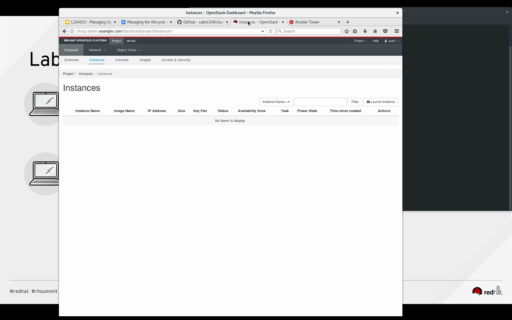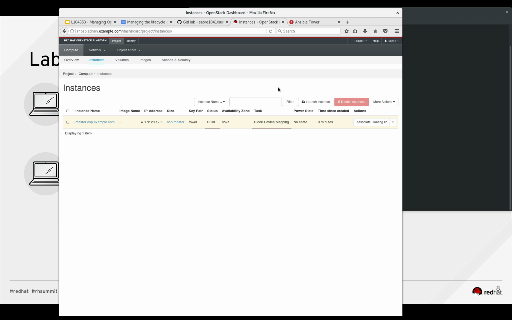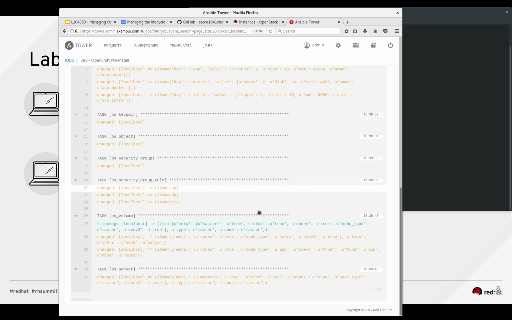So if we flip back over and refresh OpenStack, and there we go. We can see that master.osp.example.com is being provisioned. And we did use static IPs for everything. So we created those ports ahead of time. This will always have the same IP. And we can see that it's created pretty quickly. If we go back to Tower, we should see this refresh here in a minute and move on to one